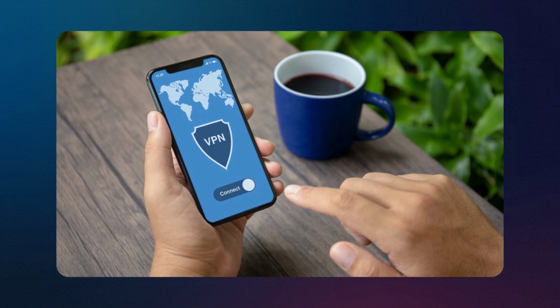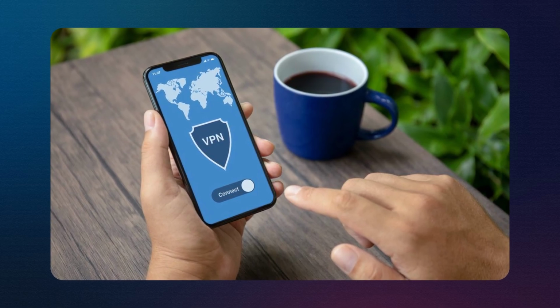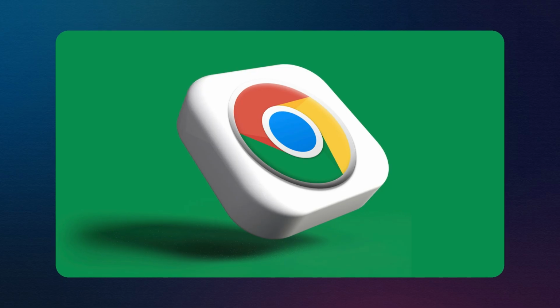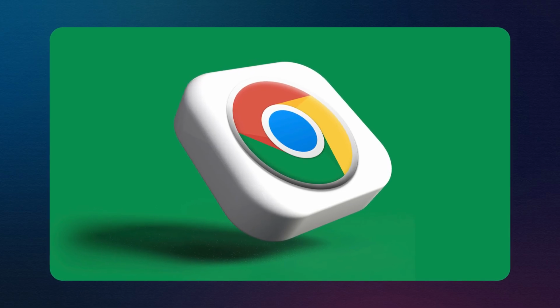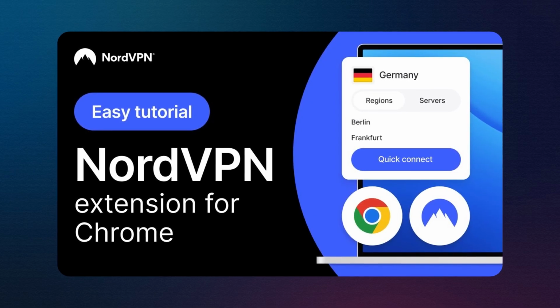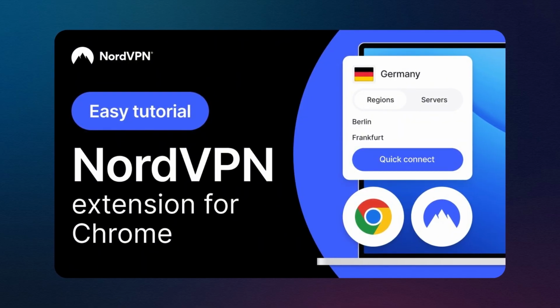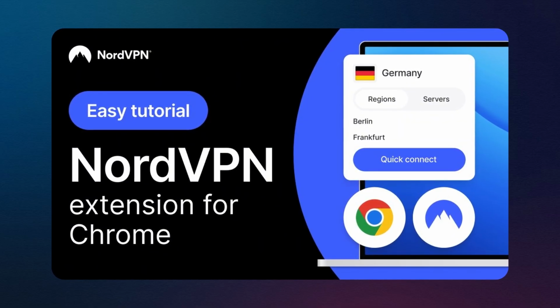In this video, I'm going to show you how to turn on a VPN in Google Chrome using the NordVPN extension. NordVPN is one of the best VPNs for Chrome because it's fast, lightweight, and protects your browsing without slowing